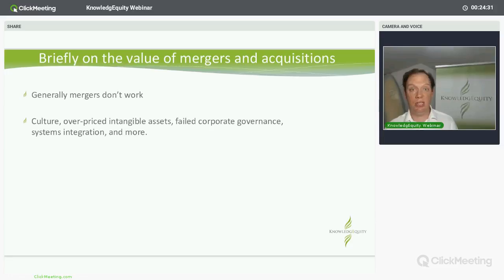Briefly on mergers and acquisitions. Generally, mergers don't work very well. They fail in terms of realizing the benefits. As the managing consultants love to say, these synergies that you will get. It's often down to cultural issues, the 2 companies coming together. Very often there's overpriced, massively overpriced intangible assets, failed corporate governance, systems integration, and more. Home base is not a merger; it's an acquisition. You're merging 2 cultures. It's not been the only issue, but holy hell, they're just about to write, I think it's up to 900 million that Wesfarmers are going to write off that Bunnings acquisition and move into a new geographic market in the UK.